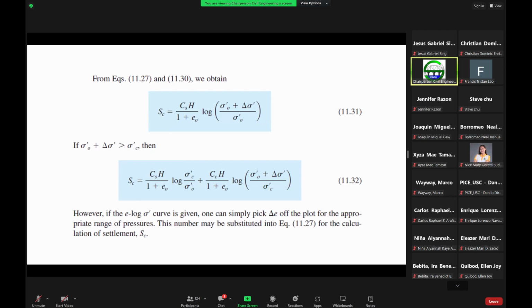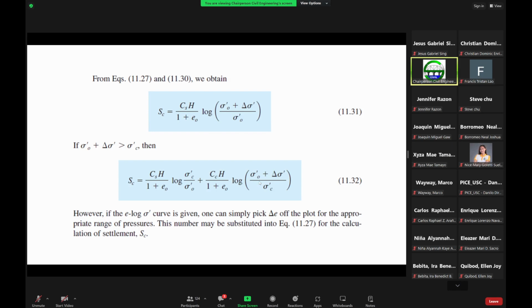So in that case, the formula for the primary consolidation settlement is equal to the swell index multiplied by the height of the specimen over 1 plus the initial void ratio, multiplied by the log of the ratio of the pre-consolidation pressure over the present effective overburden pressure, plus the compression index multiplied by the height of the specimen over 1 plus the initial void ratio e sub o, multiplied by the log of the sum of the present effective overburden pressure plus the stress increase, or in practice we call it the structural bearing pressure, generated by your foundations, over the pre-consolidation pressure.